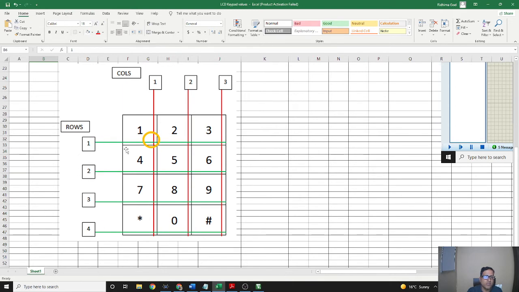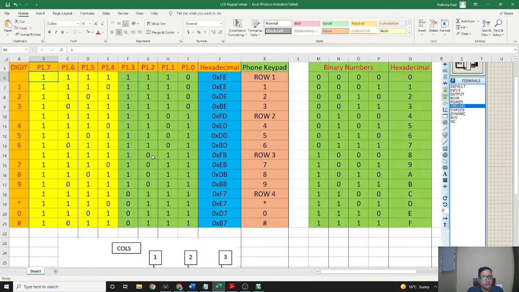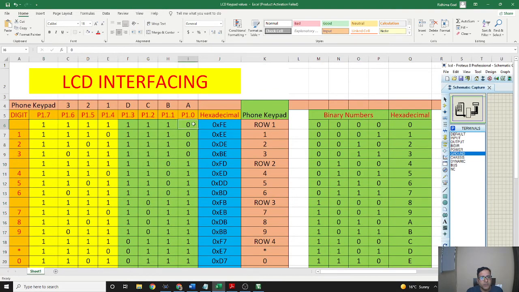If we check the first row and want to press 1, this bit will be 0, because to display we should have the low input, and if we give high it will not work. All other pins are high, and this pin is 0, so we are saying that row 1 is initialized.